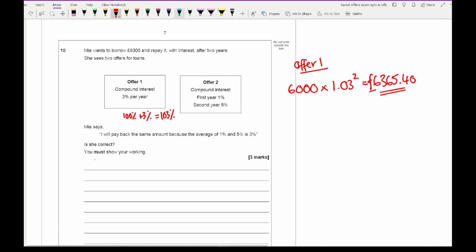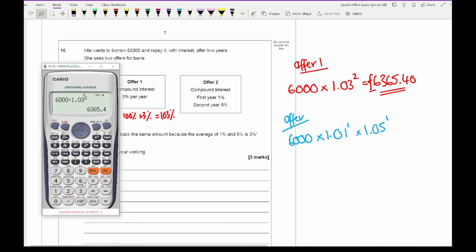Now with offer 2, it's going to be starting with £6,000. In the first year, I get charged 1%, so it's 1.01. In the second year, I'm then going to have a 5% charge. So all I've got to do is type this amount in. So typing all of this in, I get 6,000 multiplied by 1.01 multiplied by 1.05, press equals, and it comes up as